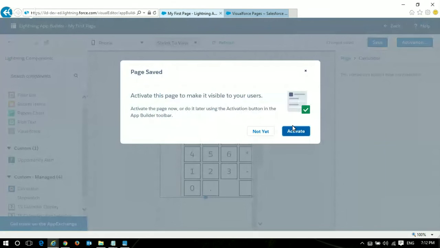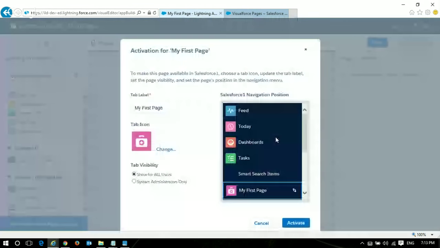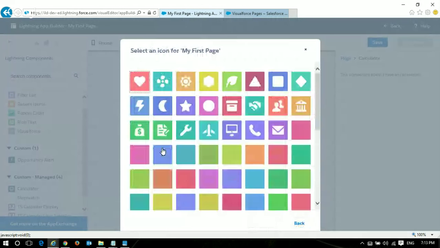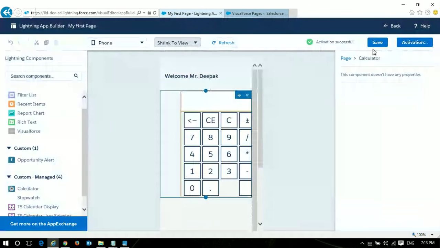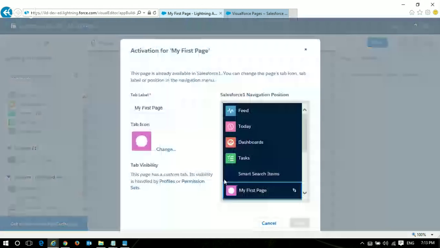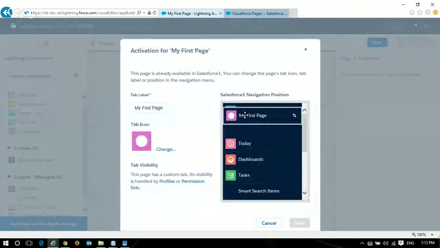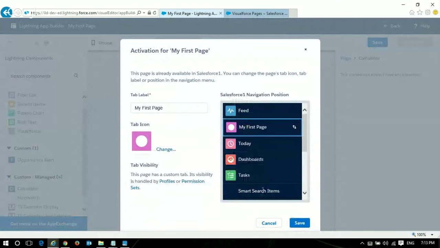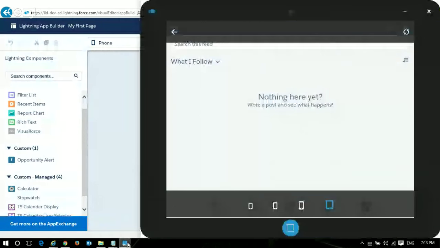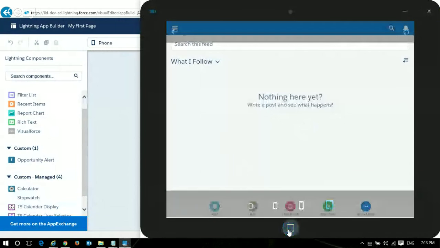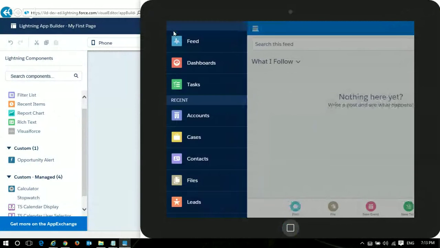Then we need to activate after saving. You can change your label name, or you can change the tab icon, how it looks. I'm selecting activate, and you can change this one. Let me check again, I will show you. You can drop it anywhere, but I'm keeping it under the feed. Save. Activation settings changed. Yes, if I look here, nothing to display, right? So what I'm doing here,